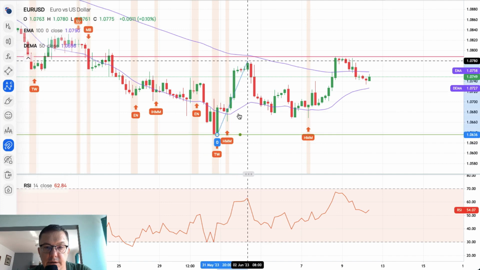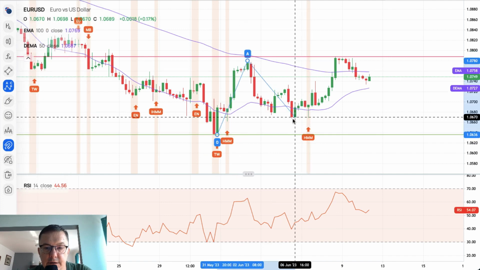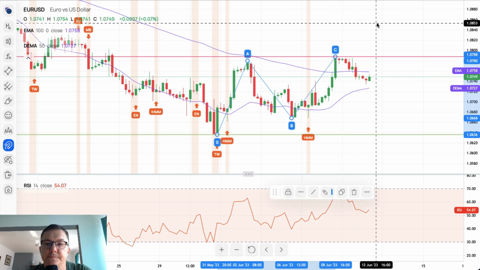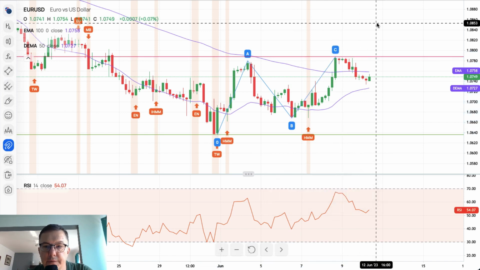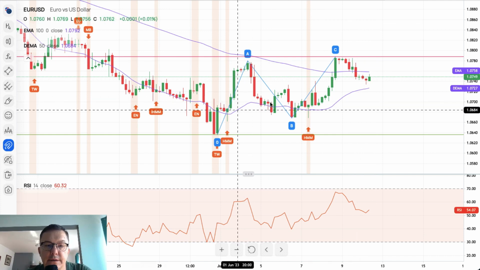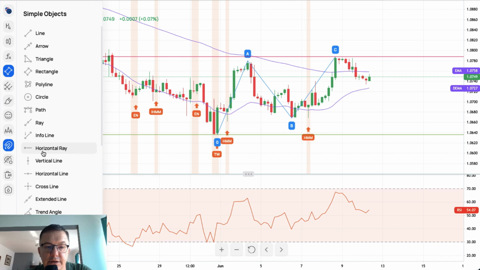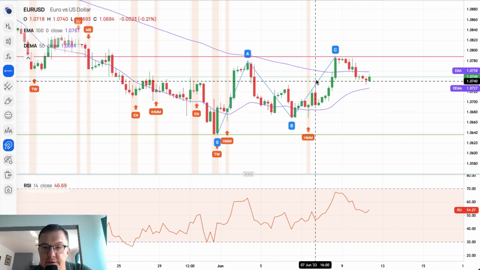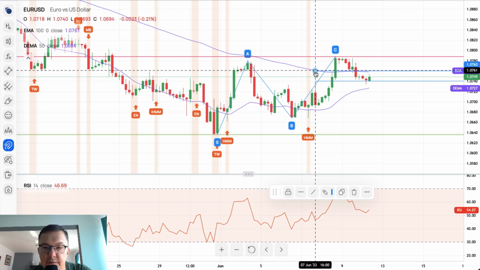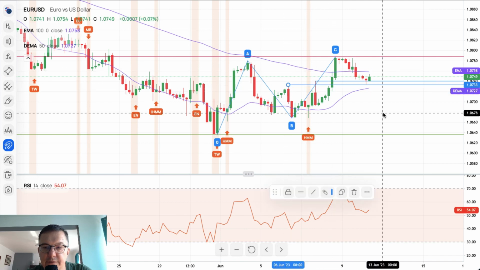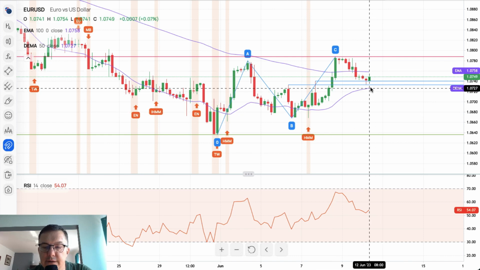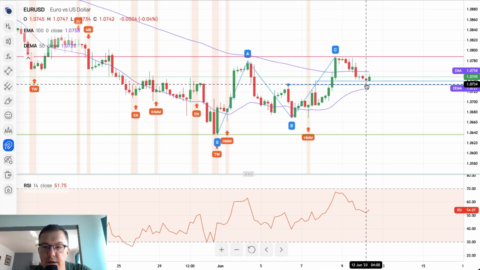So we got the low here, we got wave A, somewhere here is the bottom of the wave B, and the wave C to the upside. So the corrective pattern is done right now. The intraday technical support is located roughly around 1.0740, and then there is one more just below it, 1.0733. So as long as we trade above these levels, the outlook is a little bit bullish,